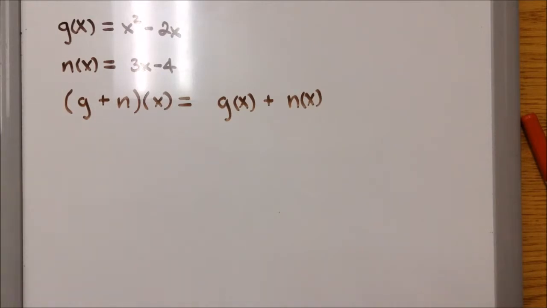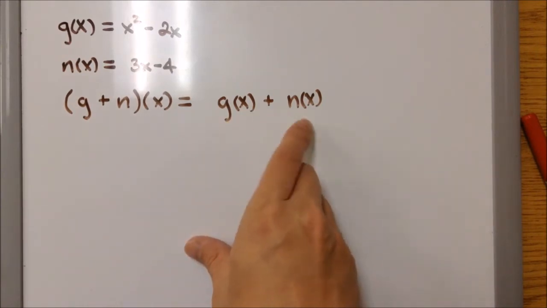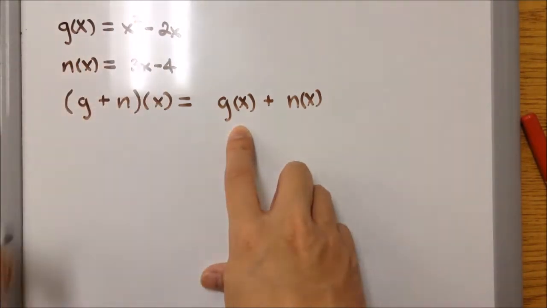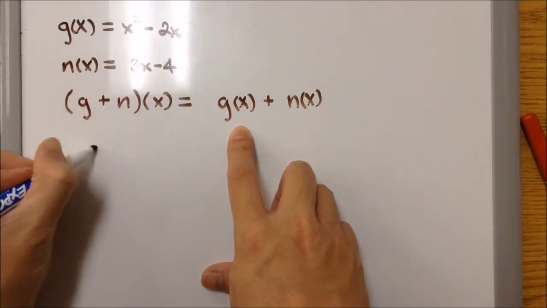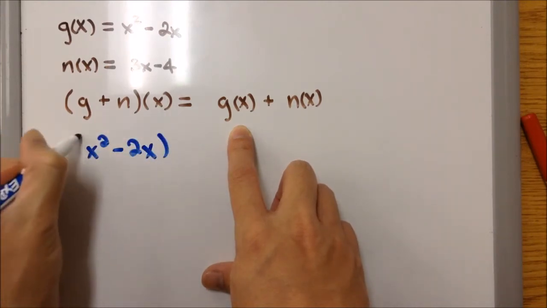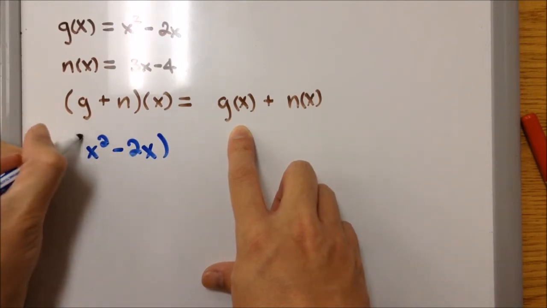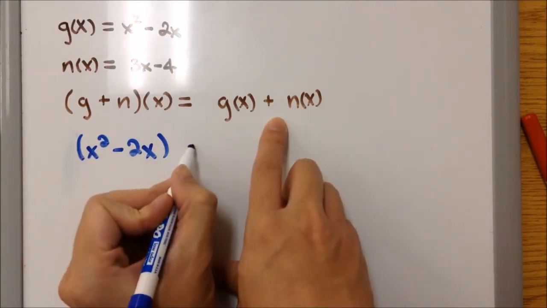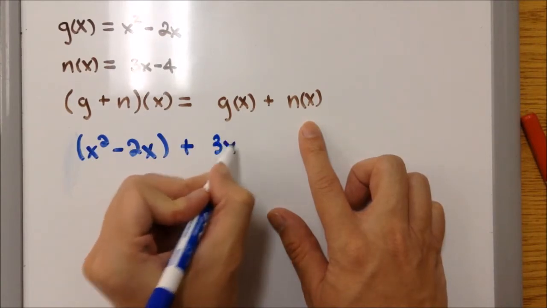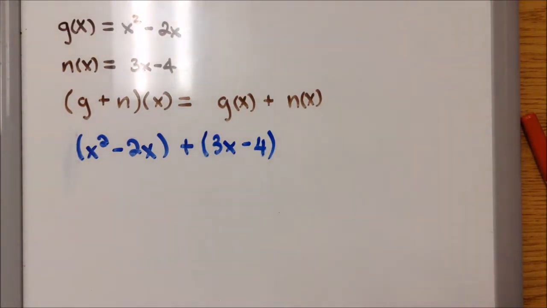So, example 1. Adding g plus n of x is just g of x plus n of x. So, we're going to write g of x first. So, x squared minus 2x. And I'm going to write that in parentheses. And then plus, and then I'm going to write n of x. So, 3x minus 4. Also in parentheses. Now,